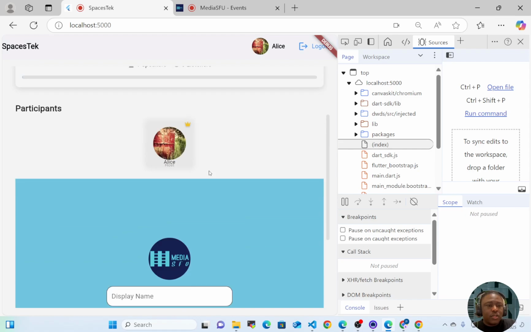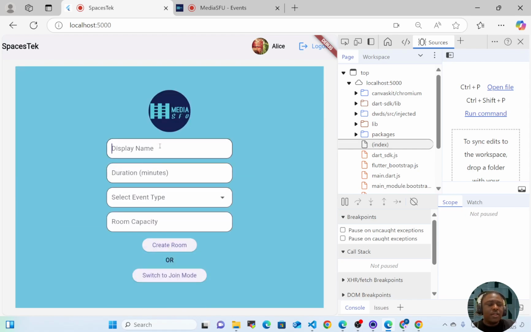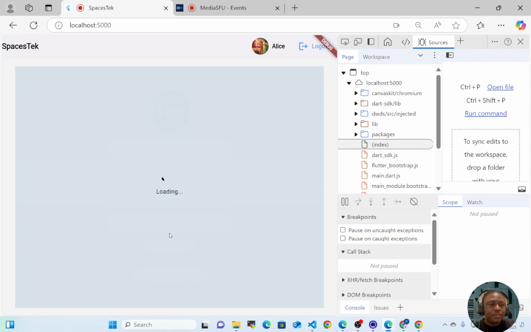I'll still be taken to the interface to create a room. But this time around, it will be a combination of two, so we expect a different name as opposed to starting with M. So I'm going to use maybe a much longer duration now, and then I'm going to give it capacity. So when I hit create room,